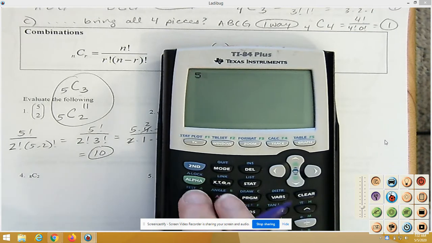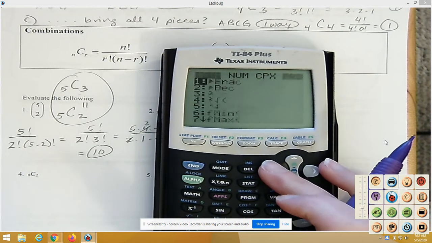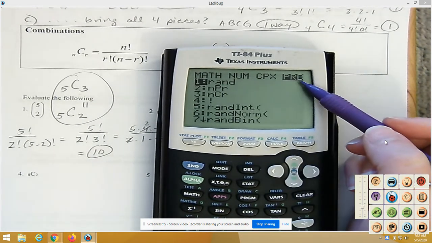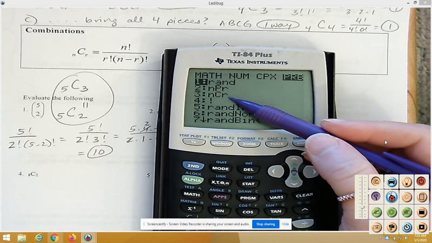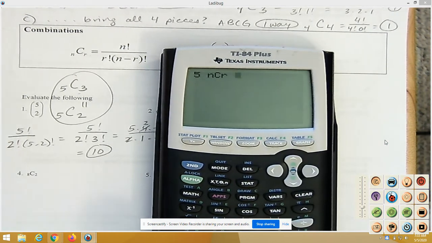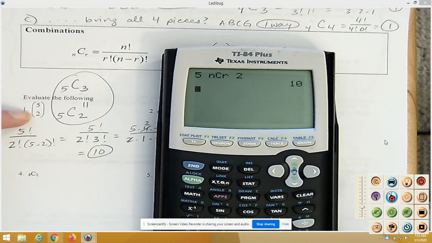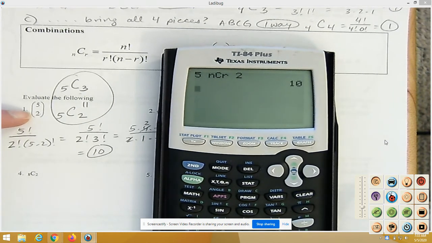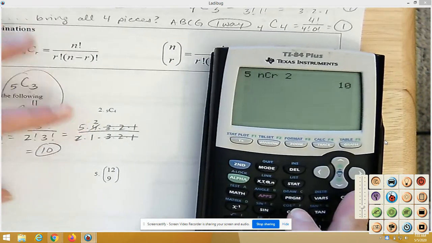So now I'm going to go into the math menu. I'm going to scroll to the left into probability, and I'm going to go down to number 3, nCr. I'm going to hit enter, and now I'm going to type in 2, and it will give me the 10. Okay, so let's go ahead and try that for number 2, the